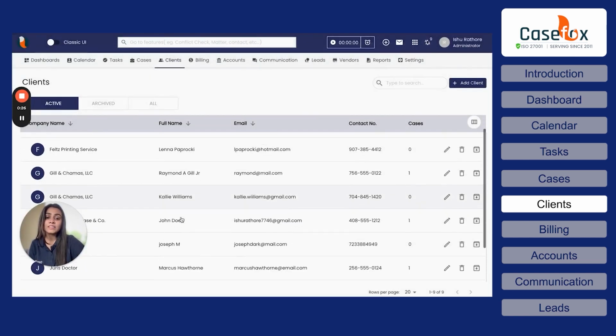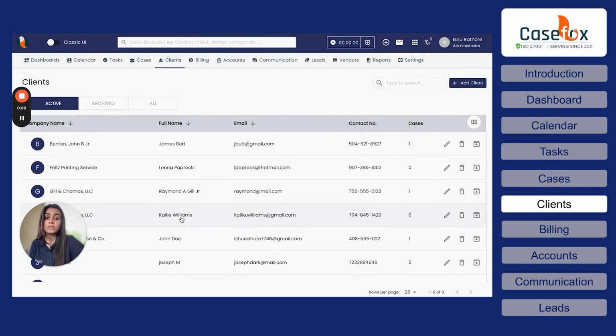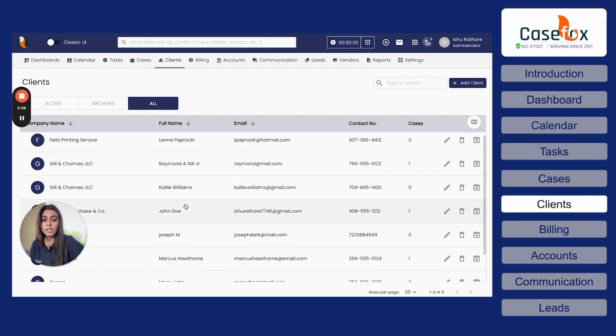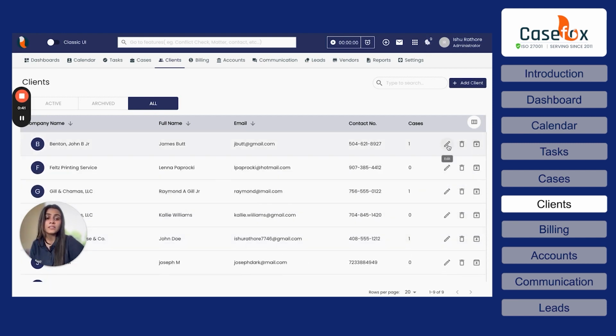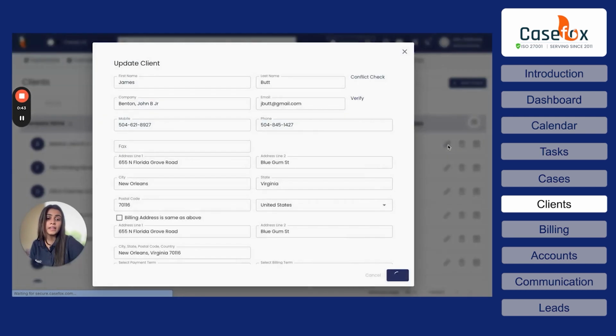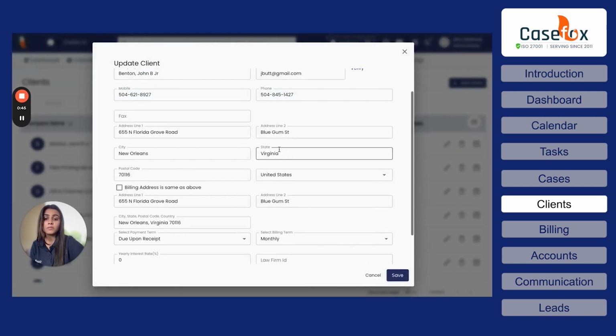If you want to access a detailed view of your clients, this window will show you all your active, archived, or just all of your clients. You can go to the all client tab, this tab, and you can see all of your clients here. If you want to edit certain details about a certain client, you can click on this edit button, make changes